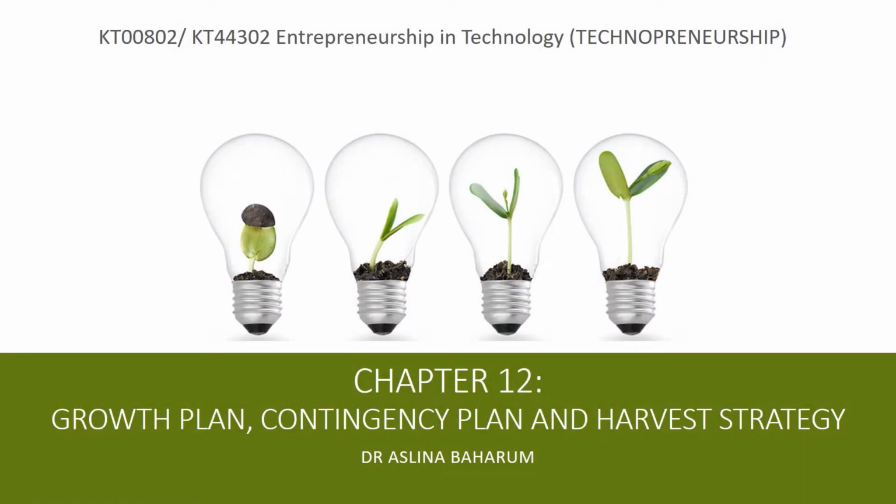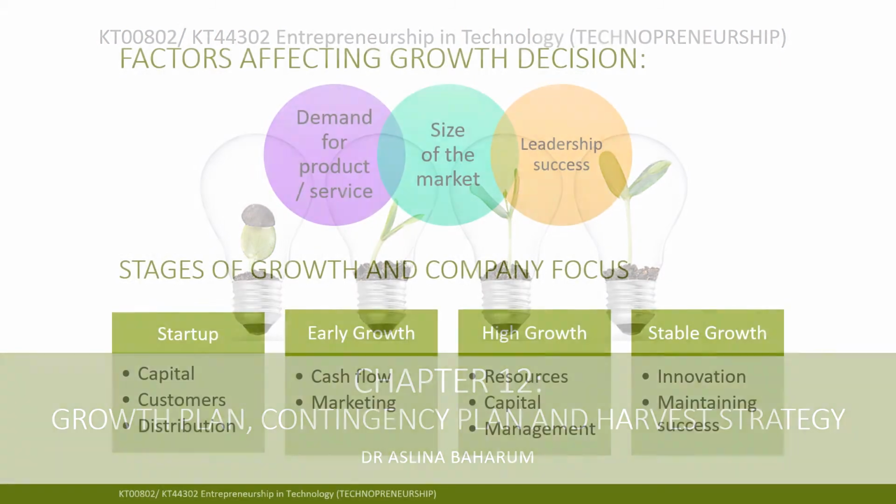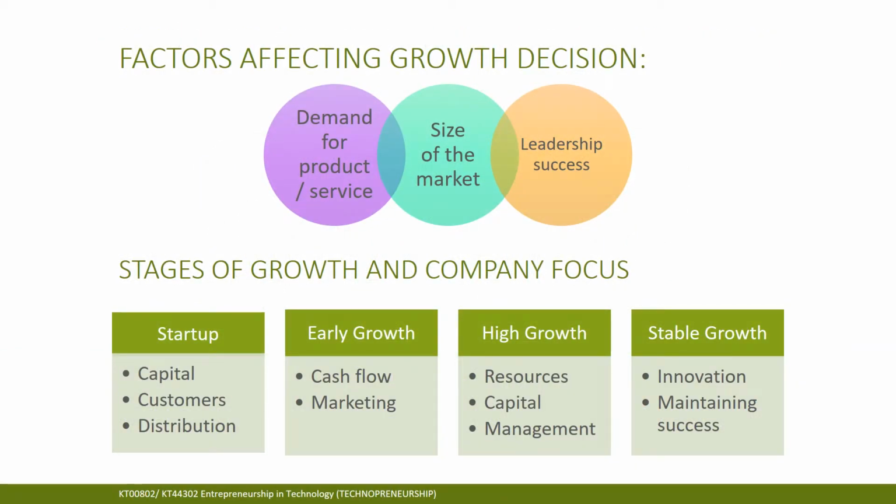Finally, we reached the last chapter of this course. In this chapter, we will learn about growth plan, contingency plan and harvest strategy. There are 3 factors affecting growth decision, which are demand for product or service, size of the market and leadership